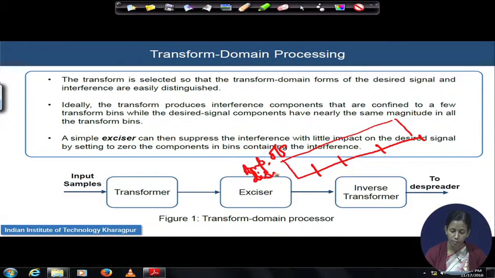Whereas the amplitude of the desired signal you will find approximately constant over the multiple beans, the amplitude of the interfering signal won't be that. And hence what the exciser does, once identification is over of in which bean the interfering signal is present, is put the coefficients of that bean to be 0. Putting those coefficients to 0 means a complete suppression of the interference inside